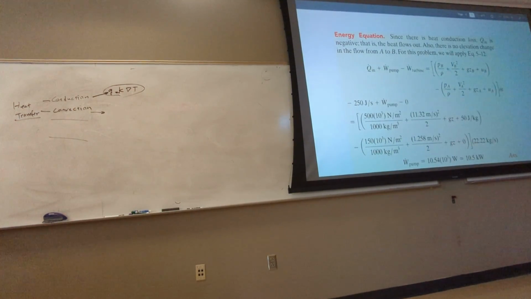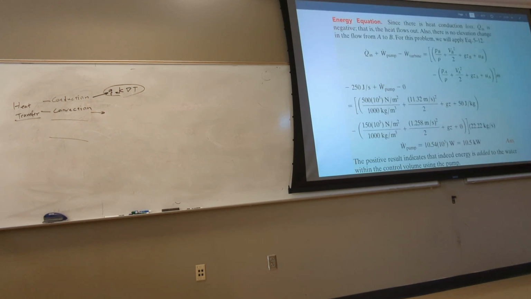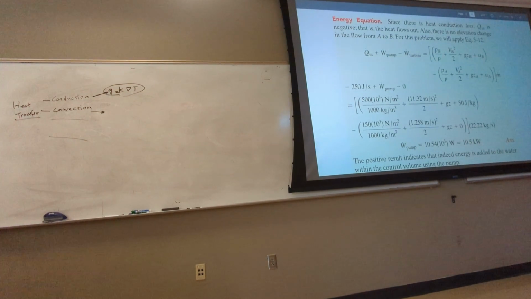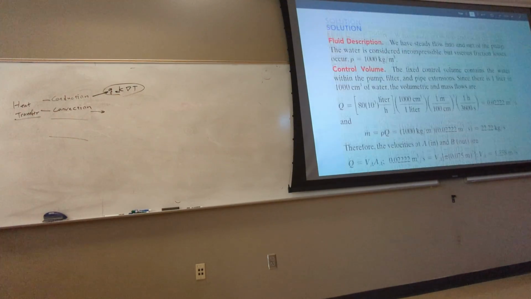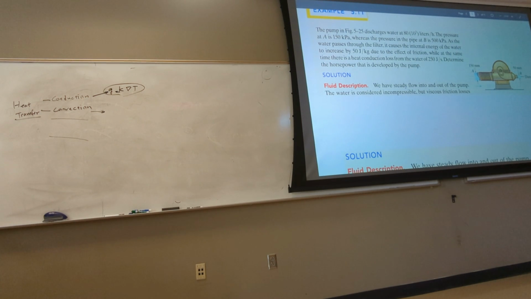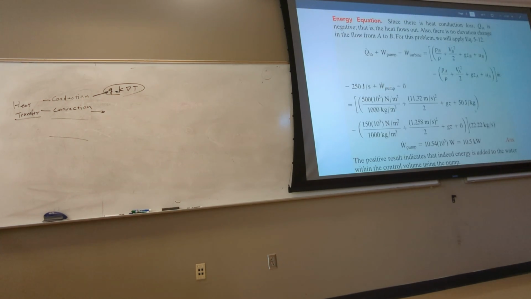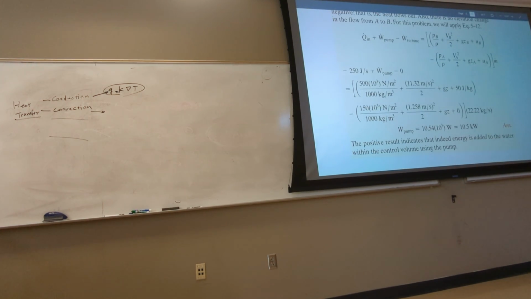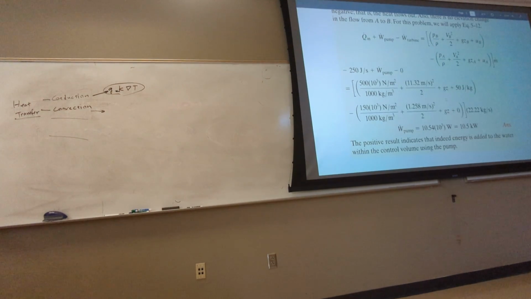Now, next one, at B, you have the pressure at B, velocity, find velocity. How did you find velocity at B? Continuity equation. That's what we did in the previous slide. And the elevation, you see, what he's trying to say is it doesn't matter where your reference point is. As long as you pick the reference point, call this elevation Z, this height, they will cancel out from both sides of the equation. Do you see that? There is a gZ here, another gZ here, so they cancel out.